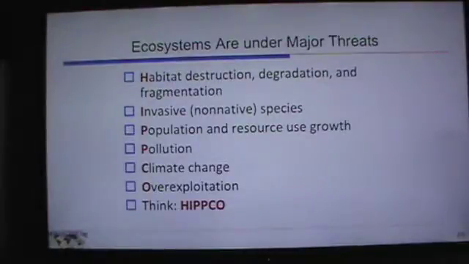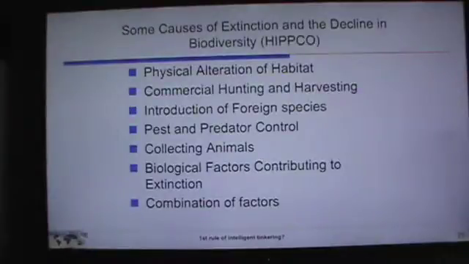So HIPCO: habitats, invasive, population, pollution, climate, and overexploitation, those are the top, I guess, what is that, 6 reasons biodiversity is declining. And we physically altered that habitat. We look at commercial hunting and harvesting as how many of these species are being harvested, if you will, or being removed. The introduction of invasive exotics, that's one of the topics that you can tackle in the